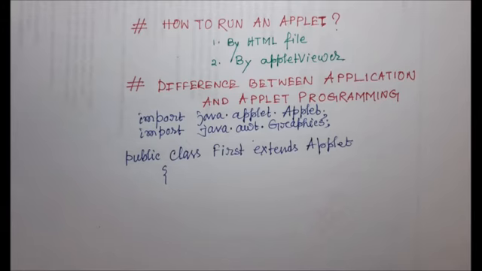Okay. Next, you know that in an applet class we do not have a main method, right. If you want to initialize some value, we use the init method. Otherwise, if I want to print only some string or some value in my applet program, we need the paint method.